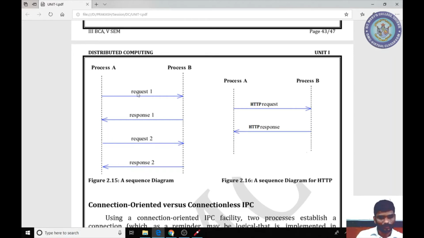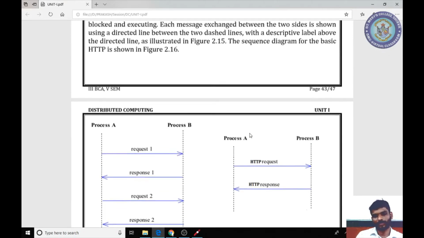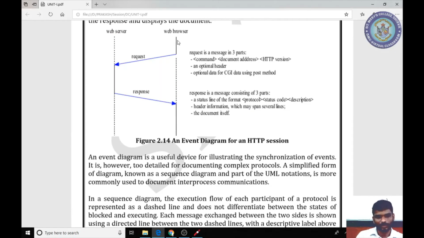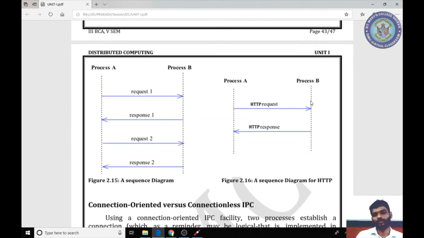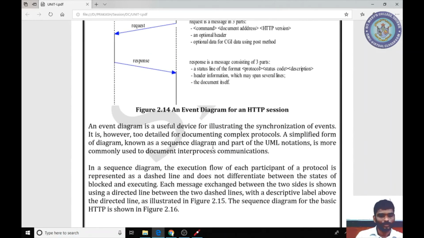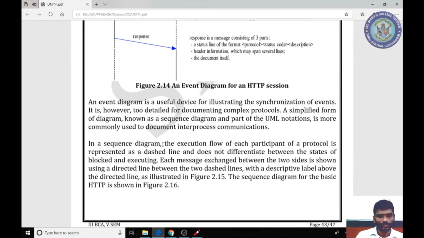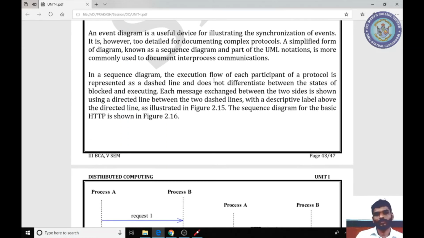Here it is a dotted line, the response, then response 1, request 1, response 2. But you can observe here it indicates execution flow, here execution flow, here it is the blocking. But here there will be no such indication about the execution flow and the blocking. Is it clear? This is a very important topic, event and the sequence diagram.